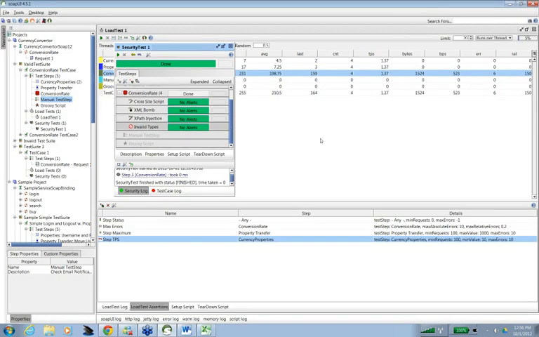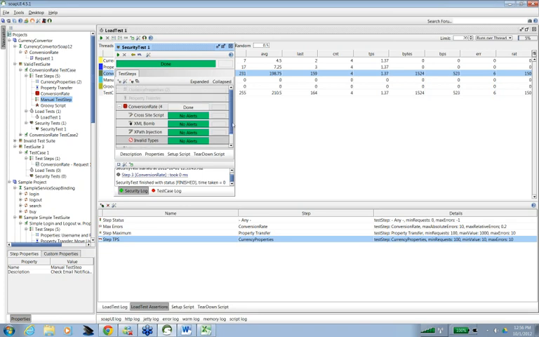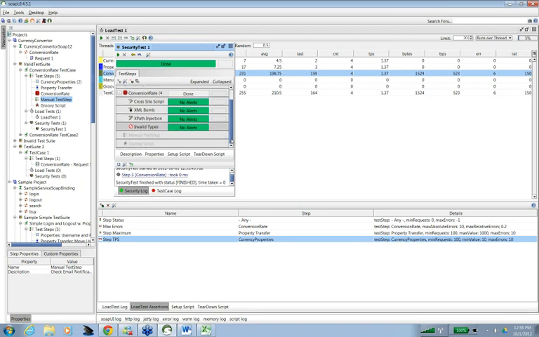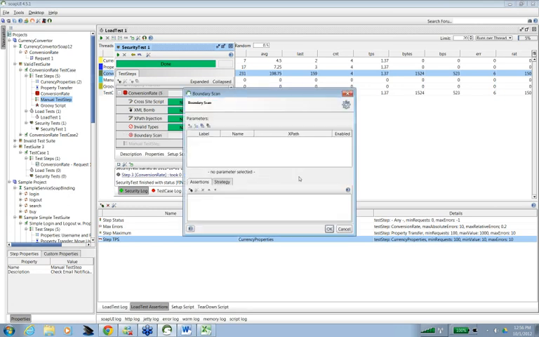Here it automatically generates the invalid values for those parameters. You just have to right click on this, say add security scan, and choose the security scan you want to use. Let's say I want to use boundary scan. You need to add the parameters on which you want to apply this security scan.